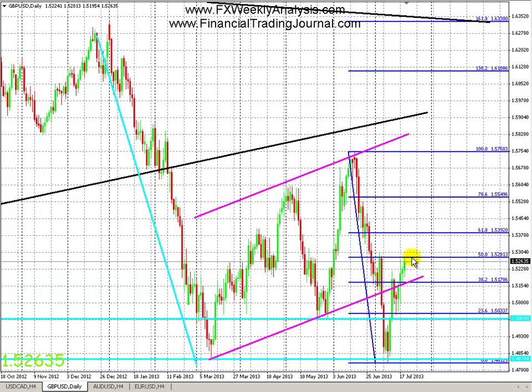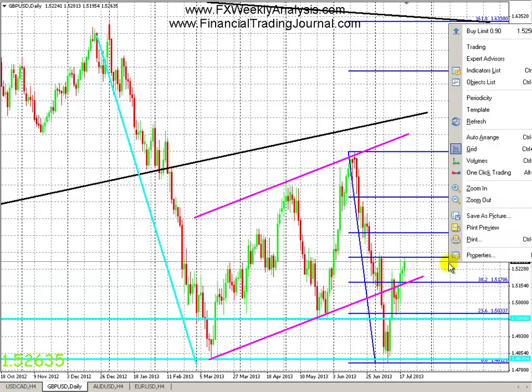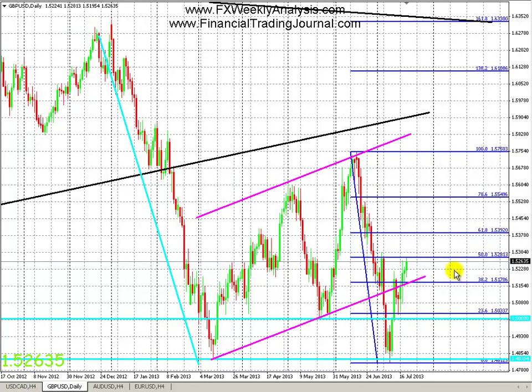And price action is getting constricted now. So you saw how there's bigger movements down here and smaller movement up here. That's a wedge, as I'll show you on the 4-hour chart. But right now we're stopped at the 50% fib level. And usually when you have a wedge, it can go in either direction. So I'll just show you that now.